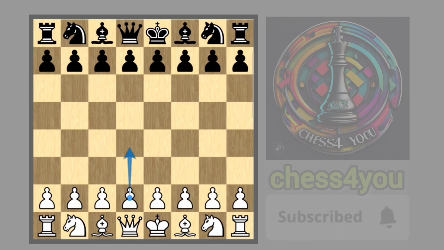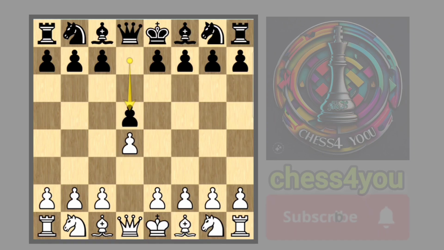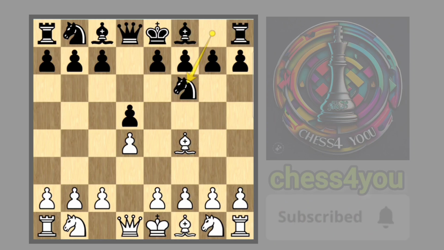As you know, the London system starts by pushing the pawn to d4. The response is pushing the pawn to d5. Now you are taking your bishop to f4. Your opponent plays f6. Now you push the pawn to e3. When you come to this position, you are showing your opponent that you are going to play the London system